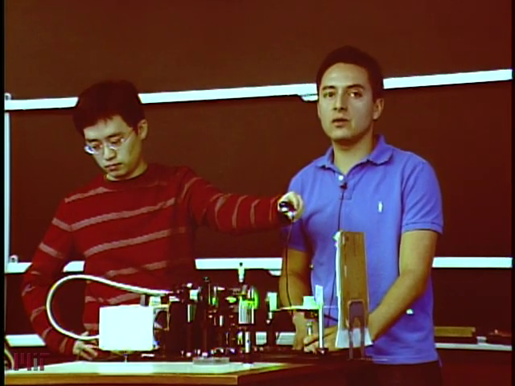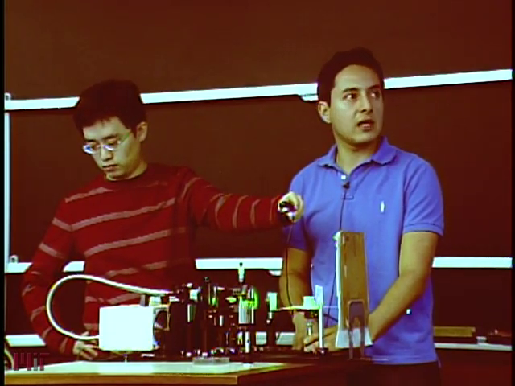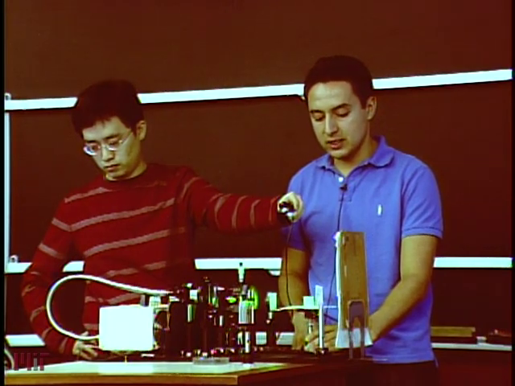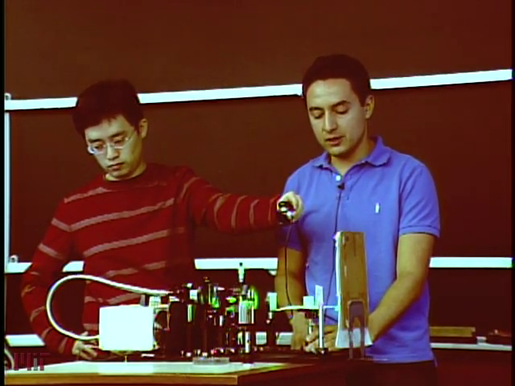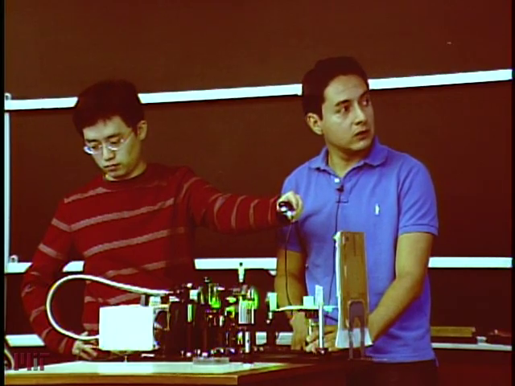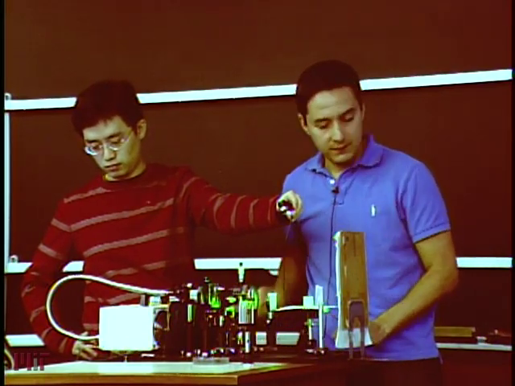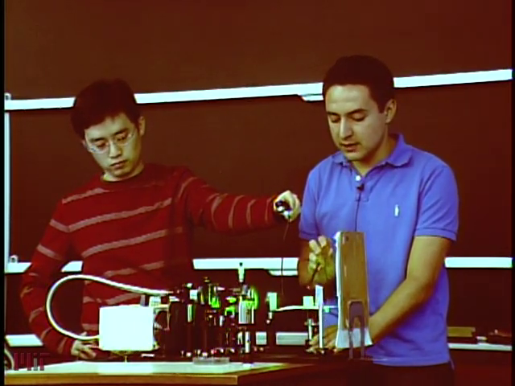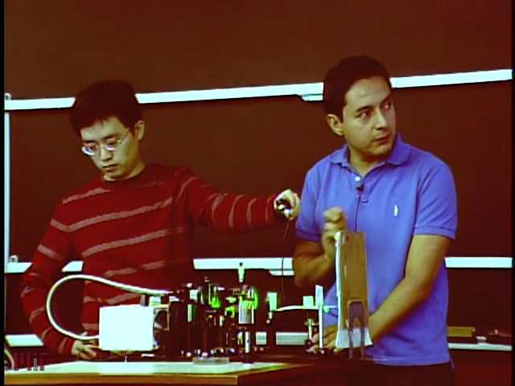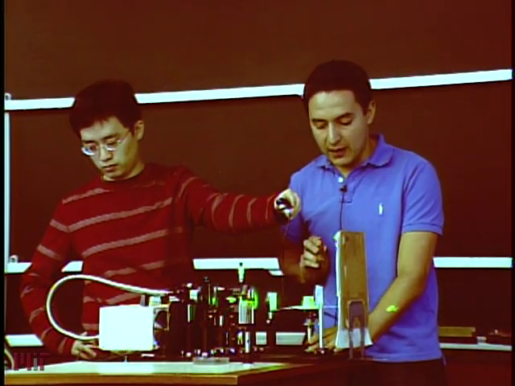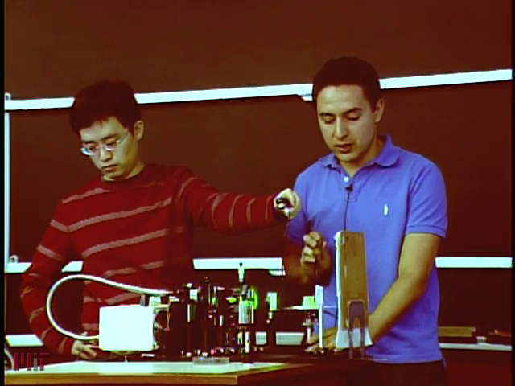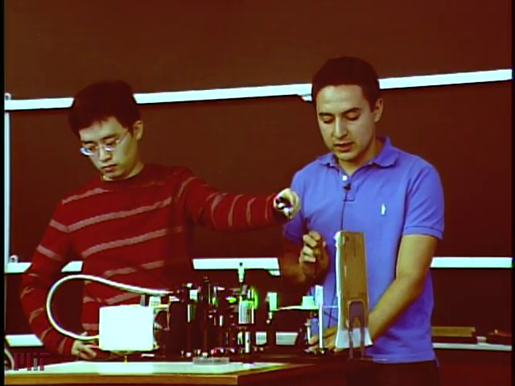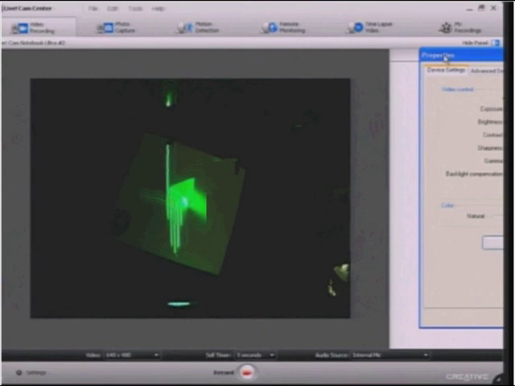I can just change the angle. And let's now see the other phenomenon that we learned in the previous class, which is TIR. So I rotate this more and make the angle larger than the critical angle, and boom, all the light gets TIR'd, and we can actually see now that it's getting to this side, but on this side of the prism there's a diffuser, and that's why you see the diffuse light here very bright. So I'm going to do it one more time. Without TIR, all the light escapes straight through. And now I start rotating this more, and then you see TIR here. Are there any questions?